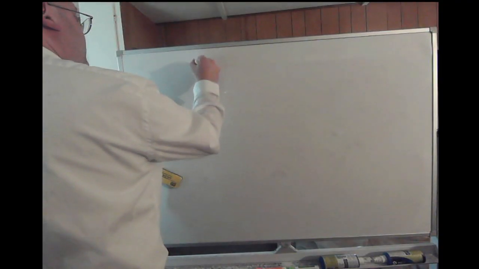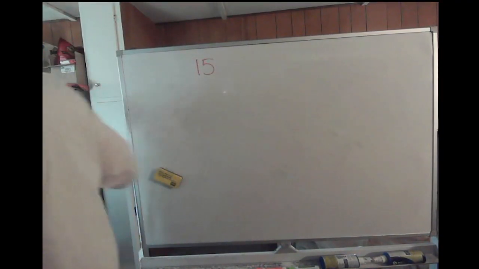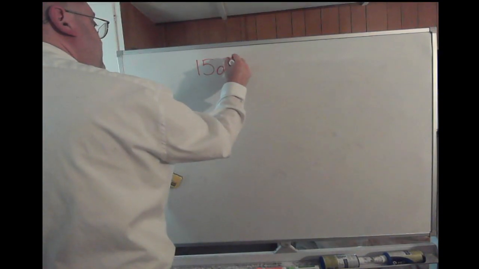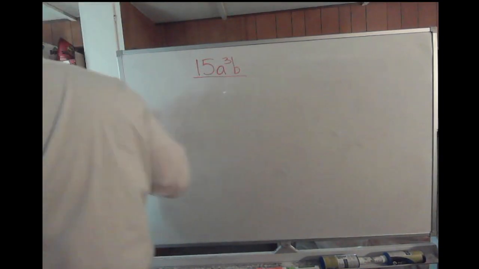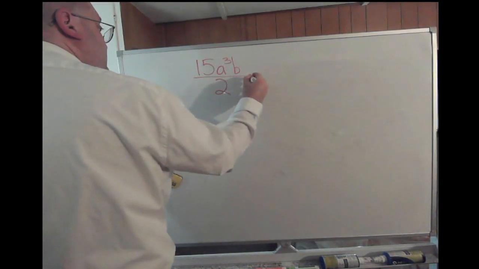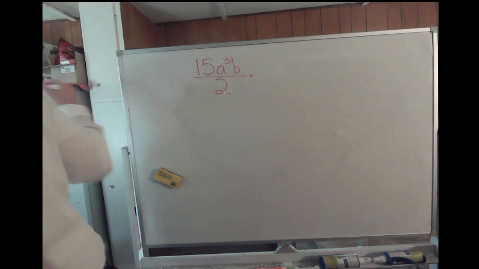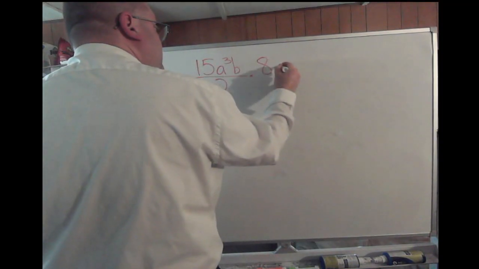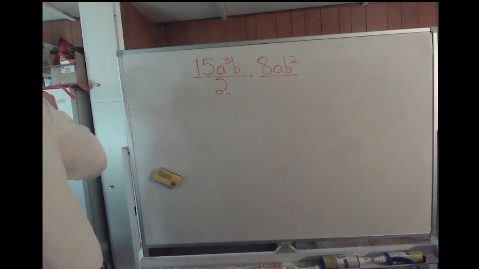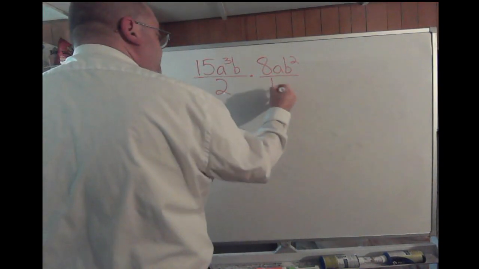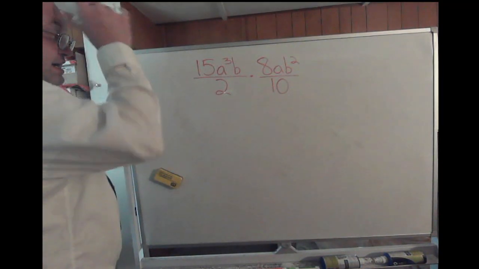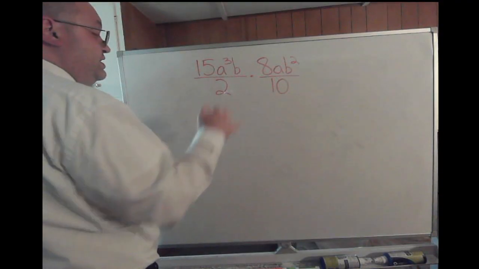Alright, let's see. We have 15a to the 3rd b all over 2 times 8ab squared all over 10. Well, I can tell you this. Let's start with